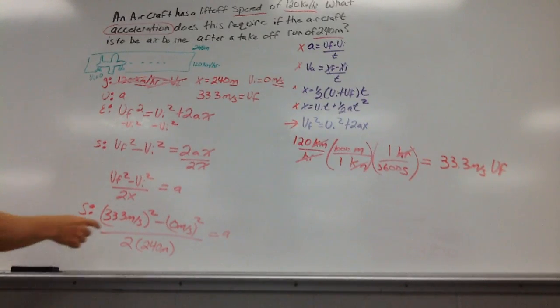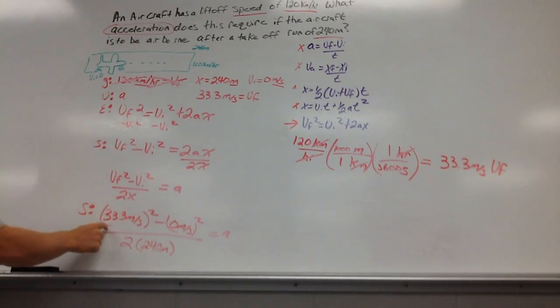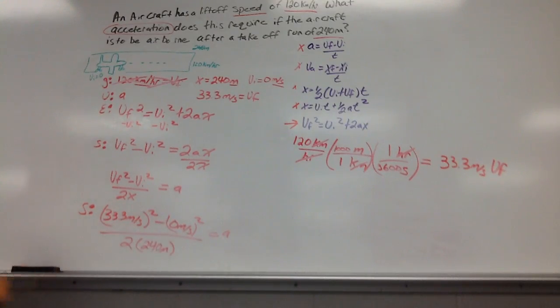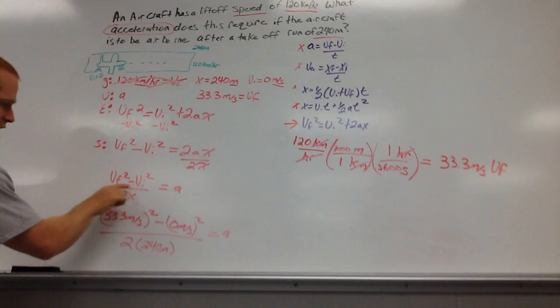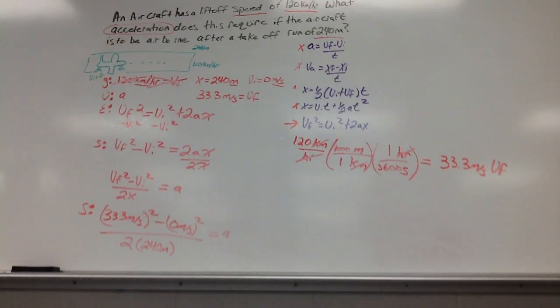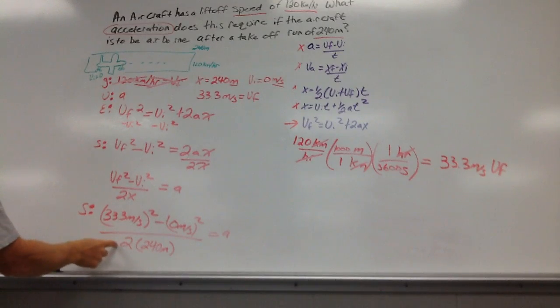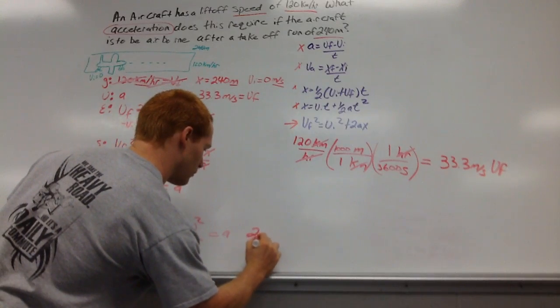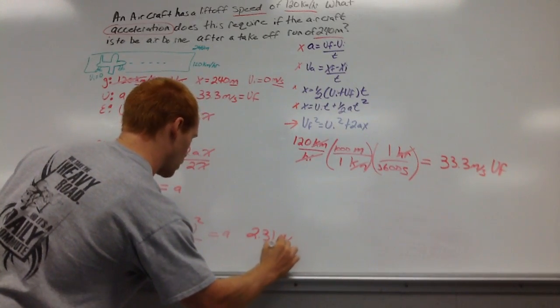Even though this is 0, make sure you do VF squared minus VI squared before you divide. You have to do the top before you divide, because the denominator goes all the way across. Also, when you divide, I would first divide by 2 and then divide that by 240. To me, it's just easier, because calculators are sometimes wonky and they will do weird things. So we are left with 2.31 meters per second